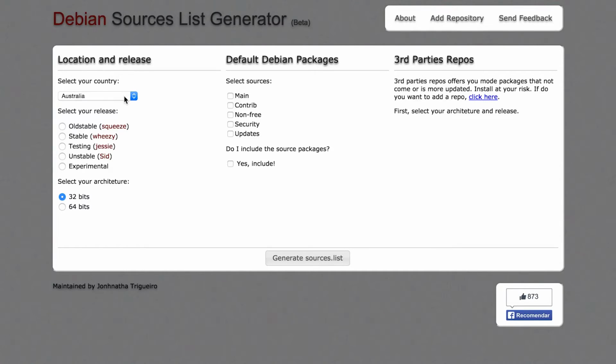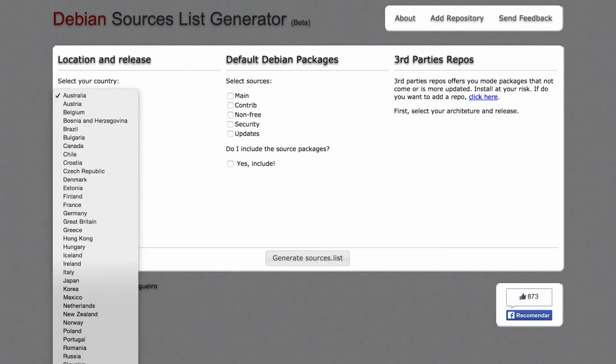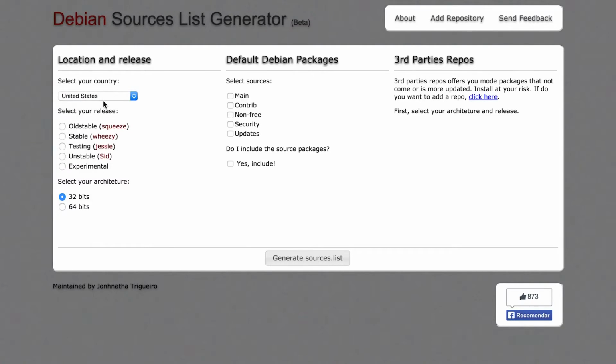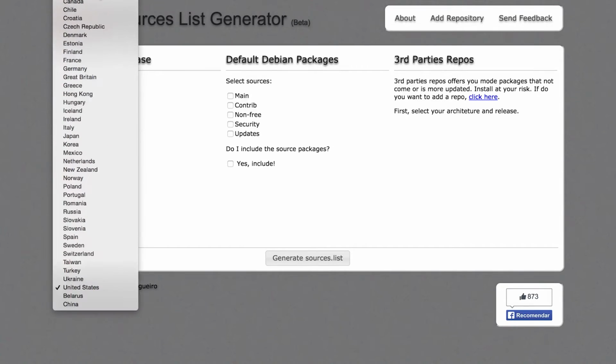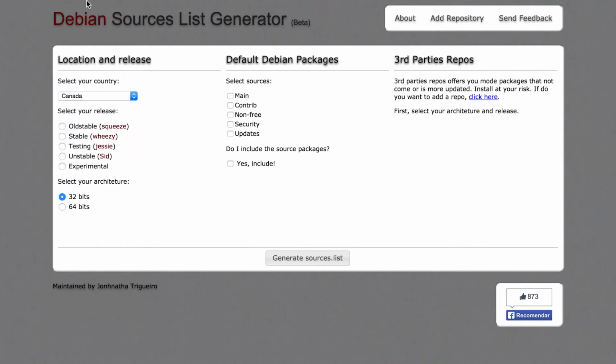So first off, in this website, you can select your country. I know that if it's in the US, I want to click US, or if it's in Canada, click Canada, because then it will select those local servers. So I know that my server is in Canada. It actually is in Canada. So I select Canada. I know that we're using the stable distribution, which is Wheezy, and I'm using a 64-bit